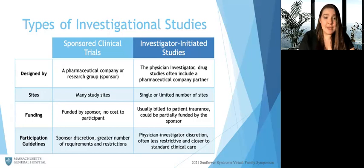On the other hand, the participation in investigator-initiated studies is at the discretion of the physician at that location, and typically these studies have less restrictive guidelines as their primary goal is to provide a new treatment option. However, study activities are typically billed, at least in part, to the patient's insurance, so patient cost is something to